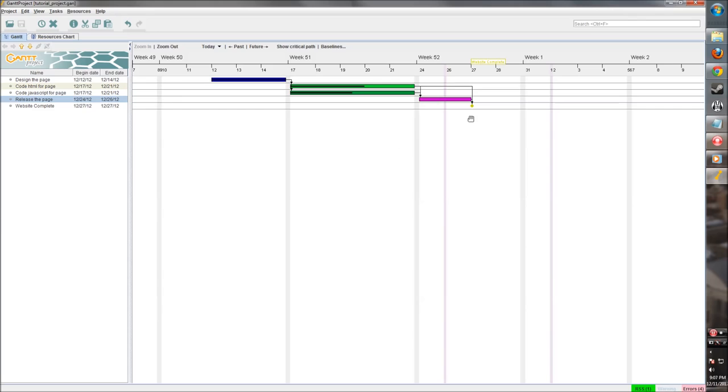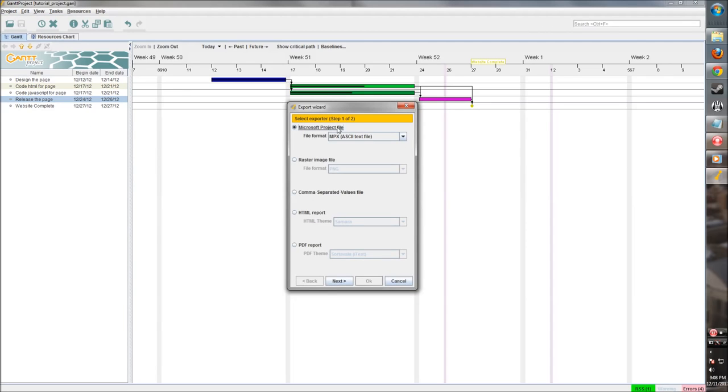Now one of the other great things about Gantt project is that you can export it to a Microsoft project file, which is extremely helpful if you are working with somebody else who maybe likes all of the extra features and budget managing and everything else that comes with Microsoft Project, whereas you only need a lightweight solution, which is what Gantt project is. So we can go in here and we can export